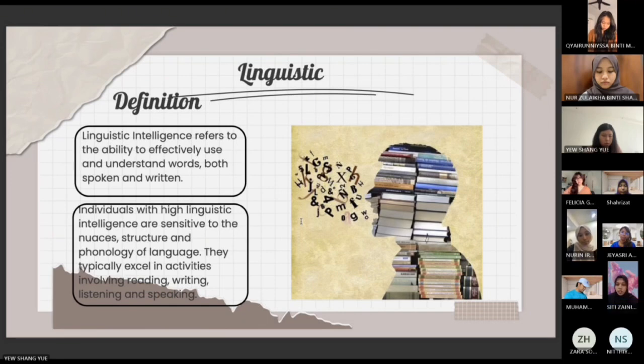For example, someone who can write a really moving speech or someone who can tell a great story probably has strong linguistic intelligence. It's also about being sensitive to the tone and rhythm of words, not just what is said, but how it's said. Some people are naturally good at this, while others can definitely improve it through practice, like reading more, writing daily, or engaging in discussions. So to keep it simple, if you enjoy writing essays, journaling, giving presentations, or even just playing with words like puns or poetry, then you're probably strong in linguistic intelligence. That's all from me. Thank you.